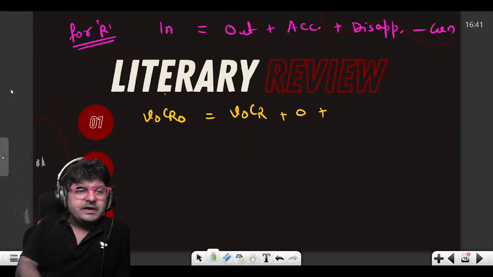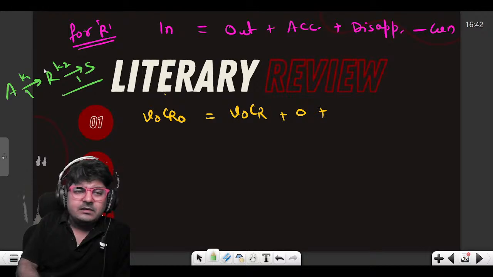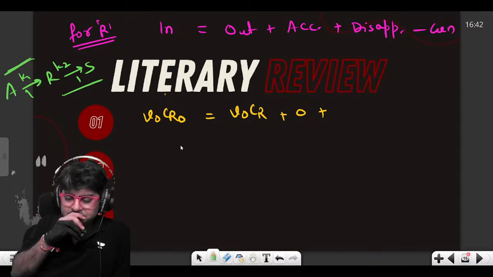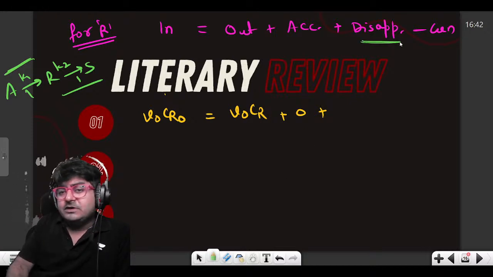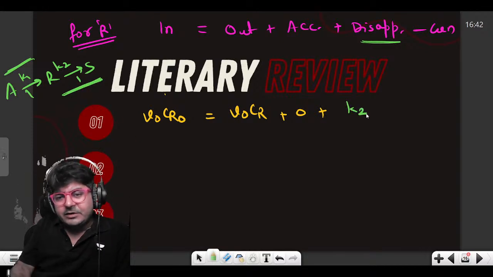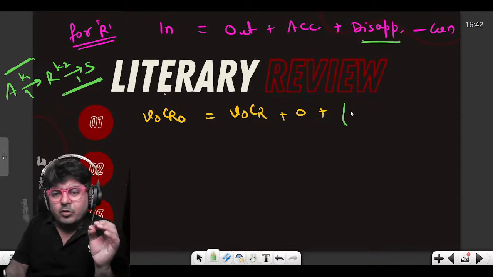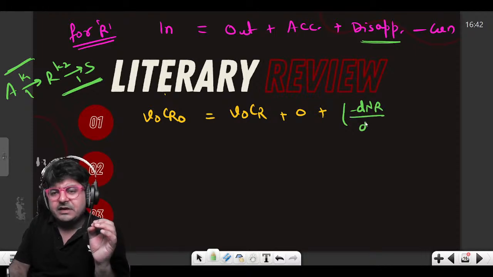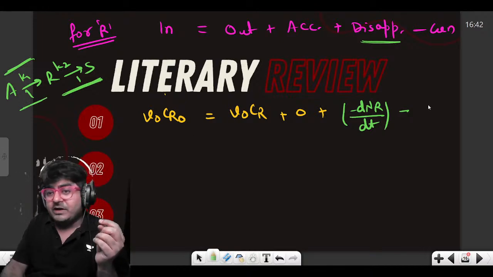अब यहाँ अगर आप logically देखो, R is getting disappeared as well as appeared, because reaction क्या है मेरी? Reaction है A gives R gives S, K1, K2, order is 1, 1. तो R disappear भी हो रहा है, form भी हो रहा है. तो अगर आप separately लिखना चाहते हो, if you want to write that separately, तो disappearance of R is there in second step. It will be K2, properly लिखते हैं, molar rate of R disappeared minus DNR over DT. करेक्ट. और जनरेट भी हो रहा है इन फर्स्ट स्टेप, तो मोलर रेट ऑफ आर जनरेशन DNR over DT,